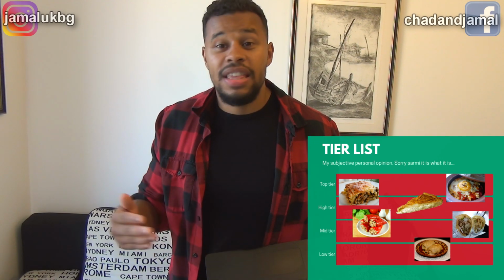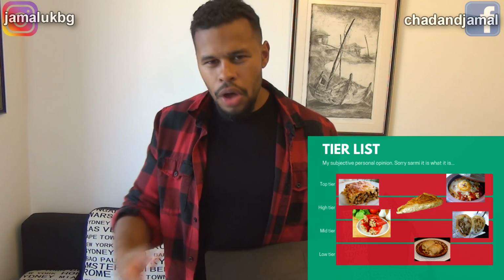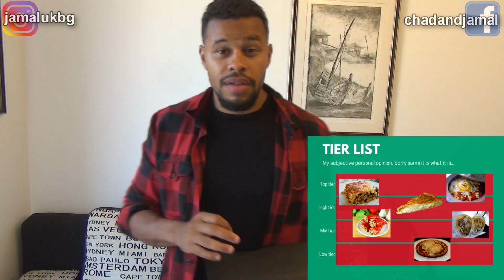Obviously, you can eat it pretty much every day if you wanted to. It's healthy. It's quite cheap relative to the amount of food that you will create. It's delicious. The only thing that, you know, brings it down from being a true top tier is the preparation time. You know, moussaka can take a little bit longer to prepare and requires a tiny bit of experience. Now the king